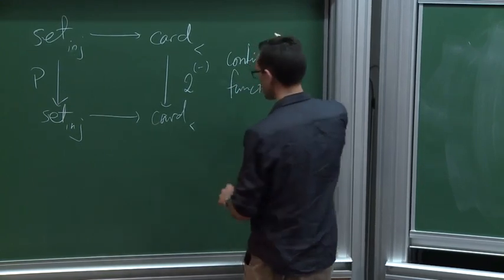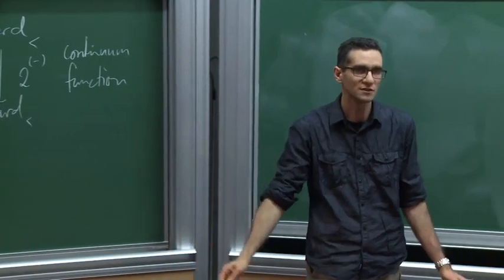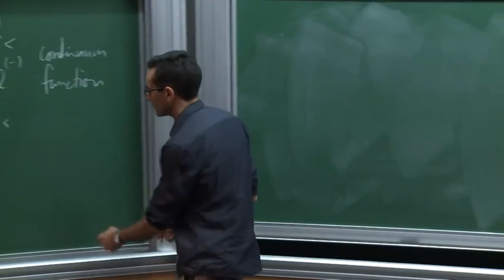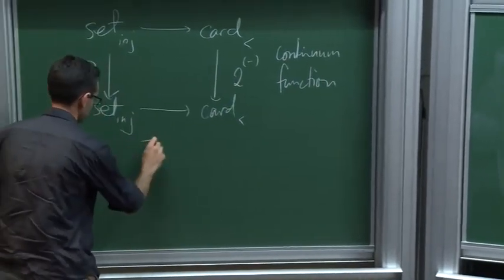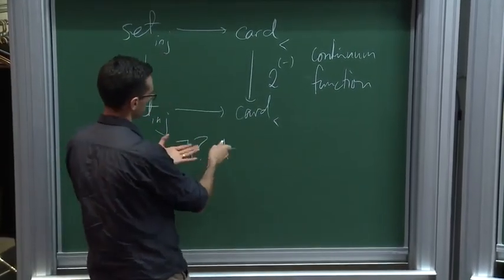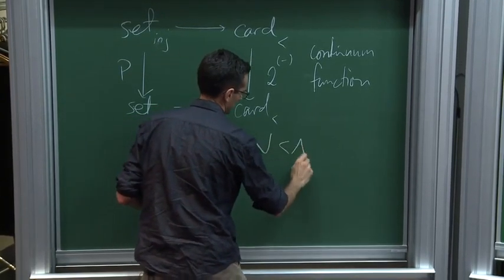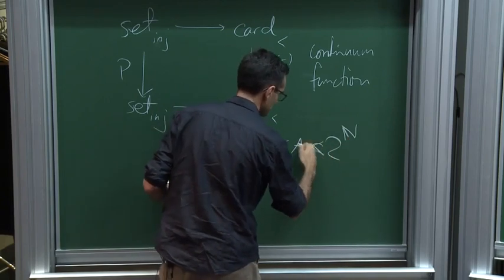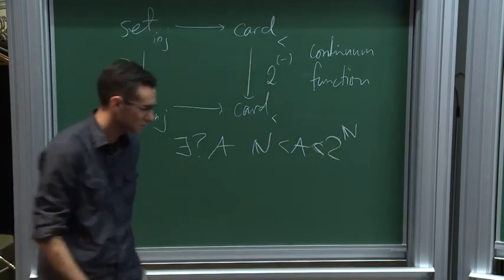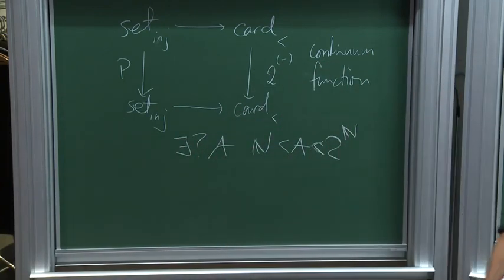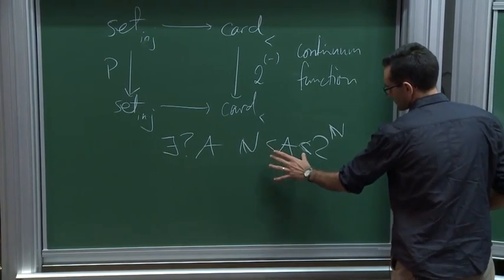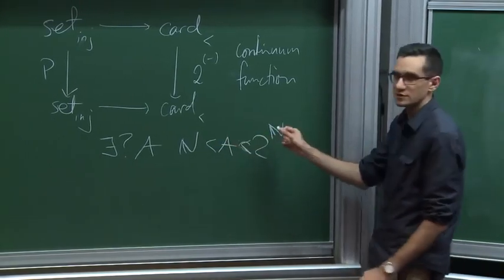Of course, the continuum hypothesis was, what value does this take when you plug in the natural numbers? Is there some set A such that, with these strict inequalities, it sits in between? As we all know, Gödel constructed a model of ZFC where there is no such A. Any such A in between here, with potentially equality, is either the natural numbers or its power set.